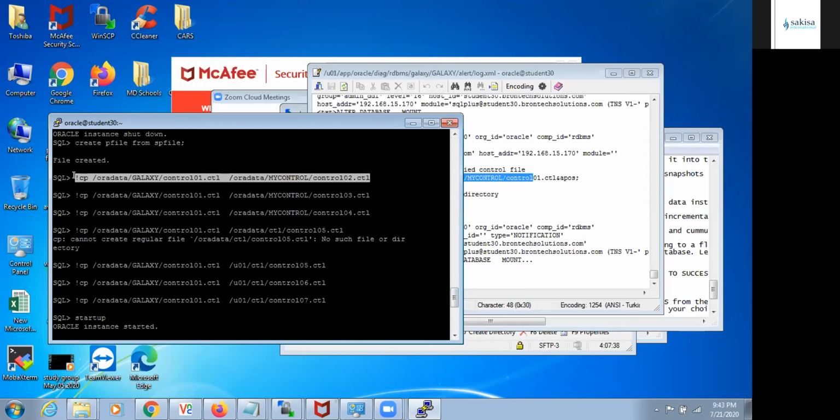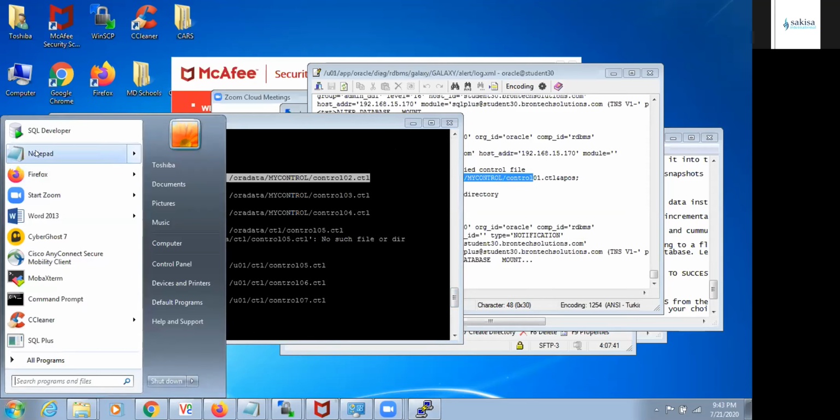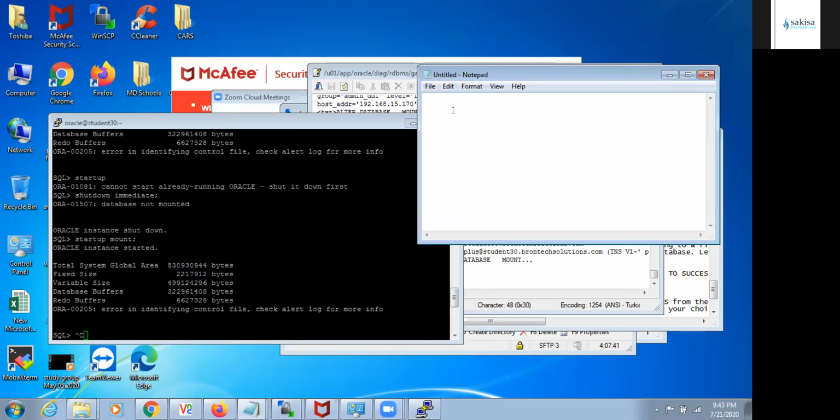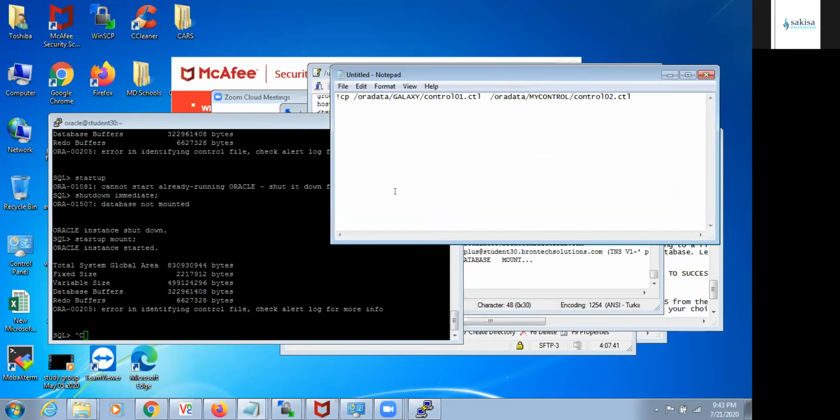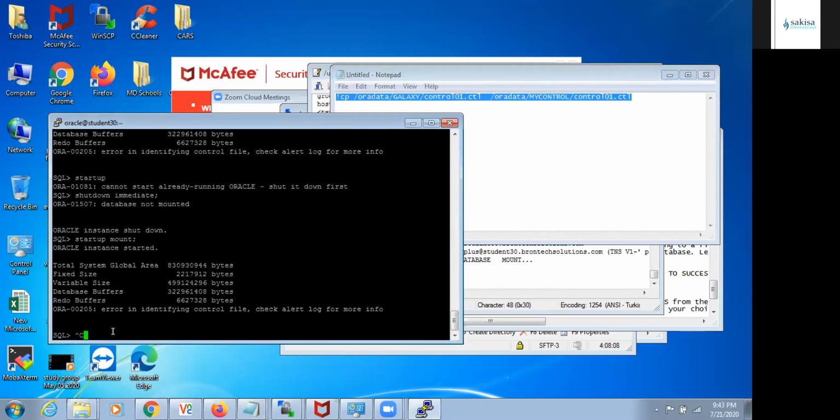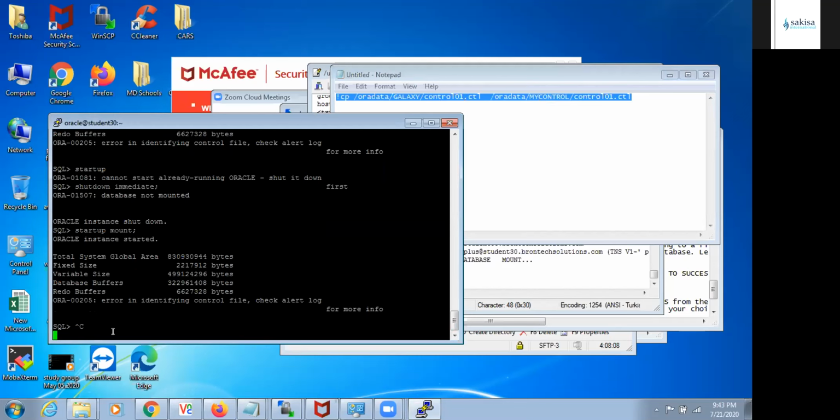Okay. So cp data galaxy control 01 to, yeah, just put control 01 here, right? Like this. Have you copied? Yeah. So I just do it now.